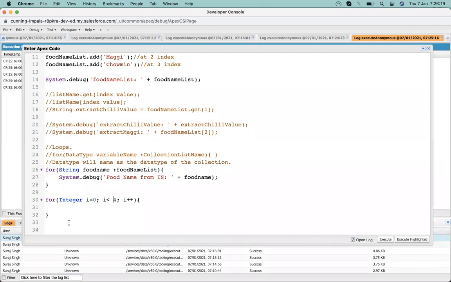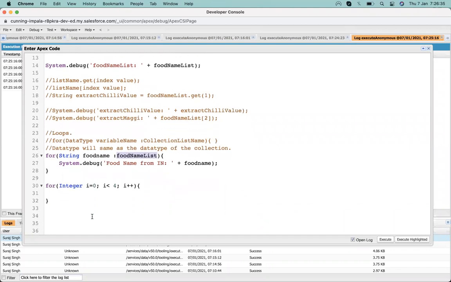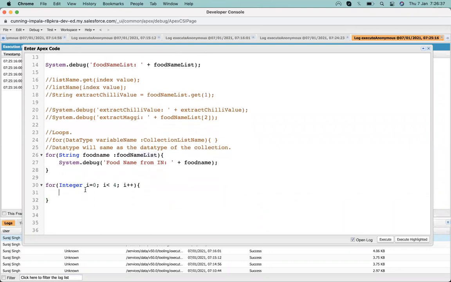We can use this type of loop also for extracting elements from our collection list type. So let's have a look at how we can use it. Usually this type of looping is not preferred, but if you want to use it, let's have a look.